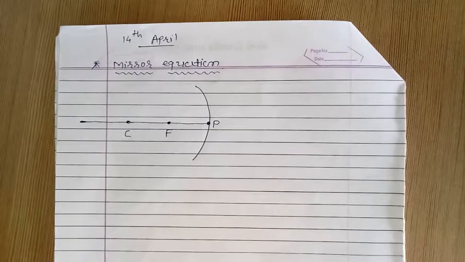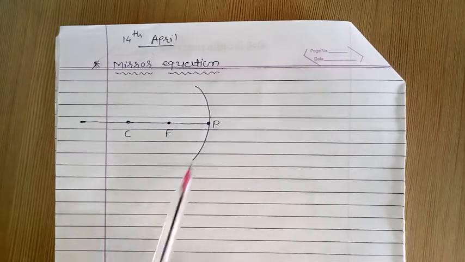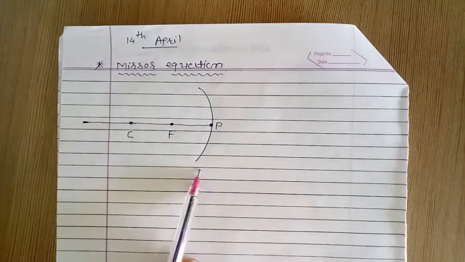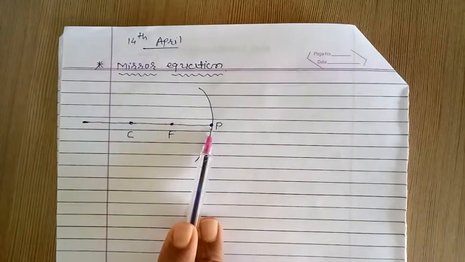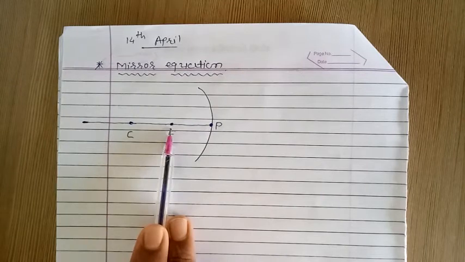So, to prove the mirror equation, we already know this is a concave mirror, this is pole P, this is the principal